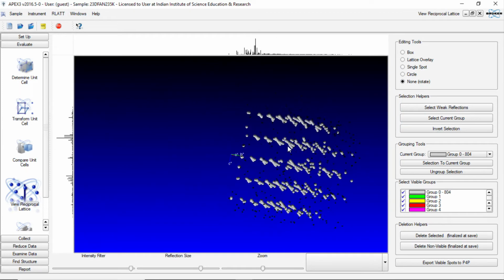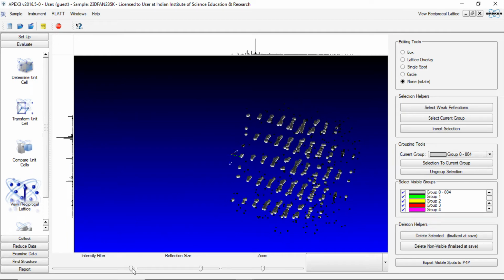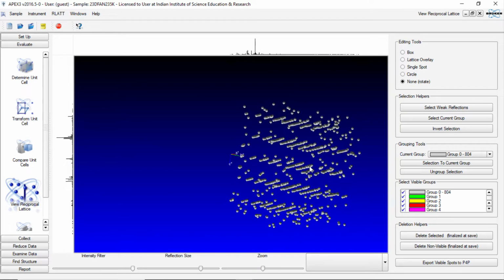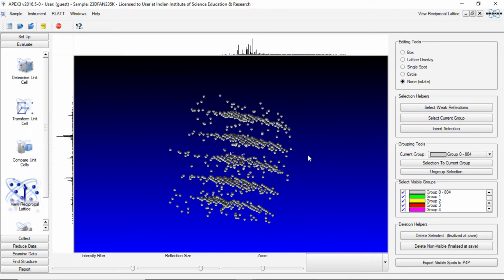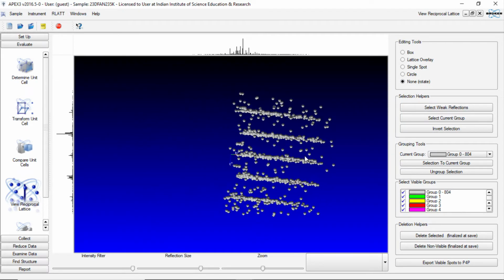Now what we see here is that if we do not have any intensity filter, there are two sets of reflections going like this, which essentially means there were two crystals in front of the X-ray beam and both were diffracting during this data collection. So what we need to do is to separate these two sets of reflections coming from two different tiny single crystals present in the beam. And this RLAT is a very efficient tool